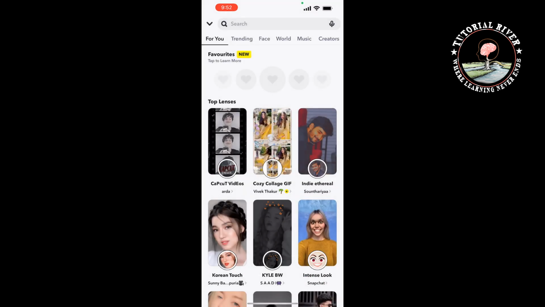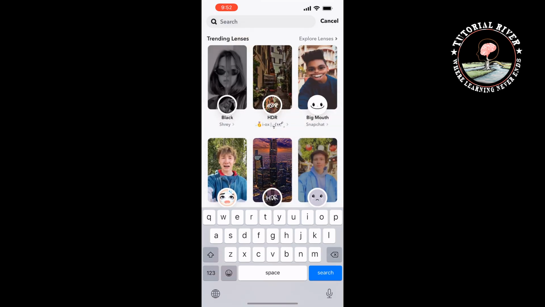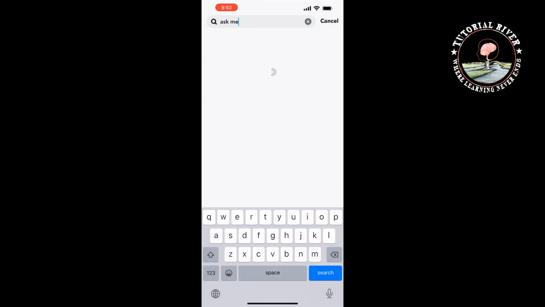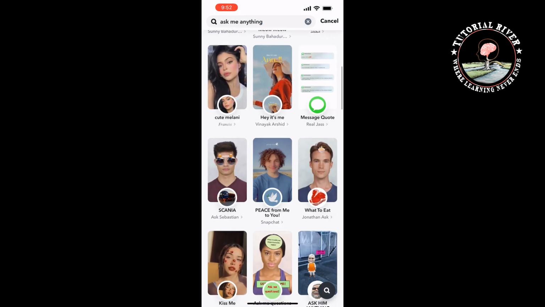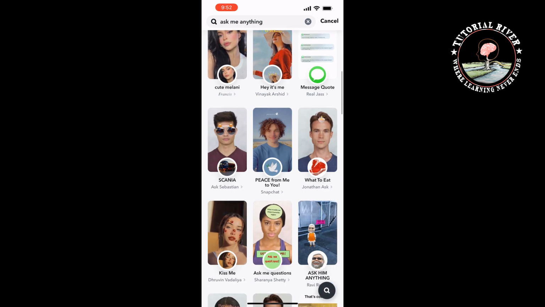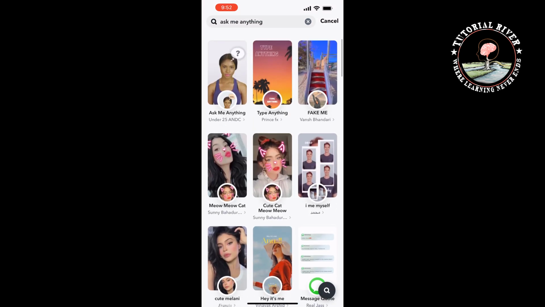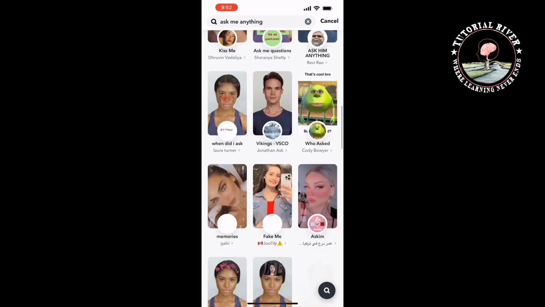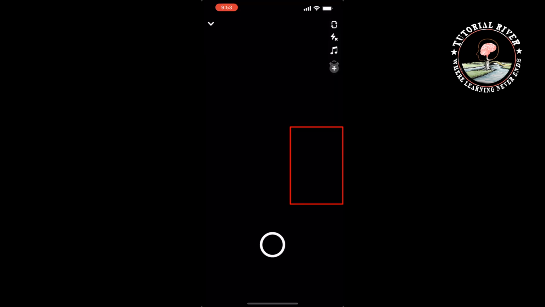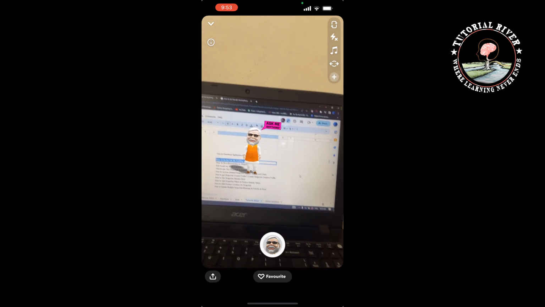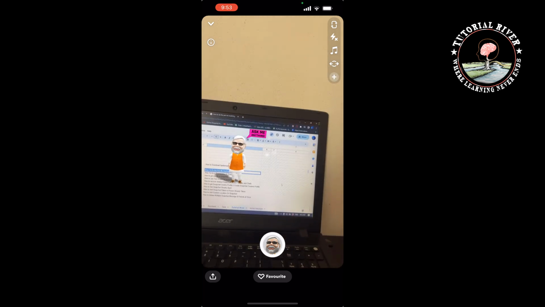tap on the search box at the top and type here ask me anything, then tap on search, and here you will get different types of ask me anything filter. You can select any of them. I'm going to select this one and tap on snap,